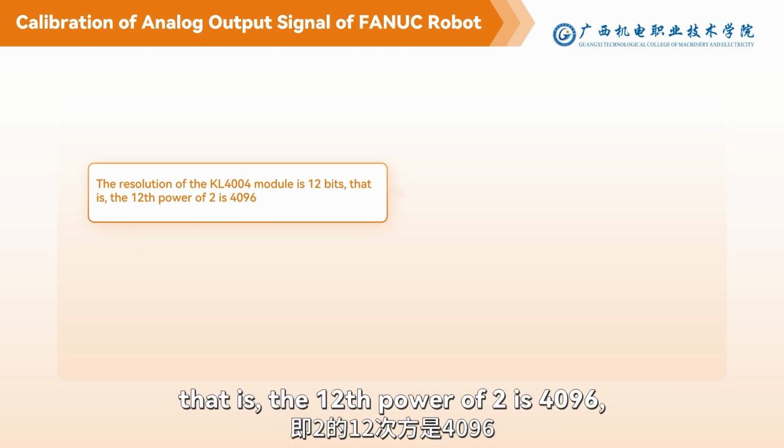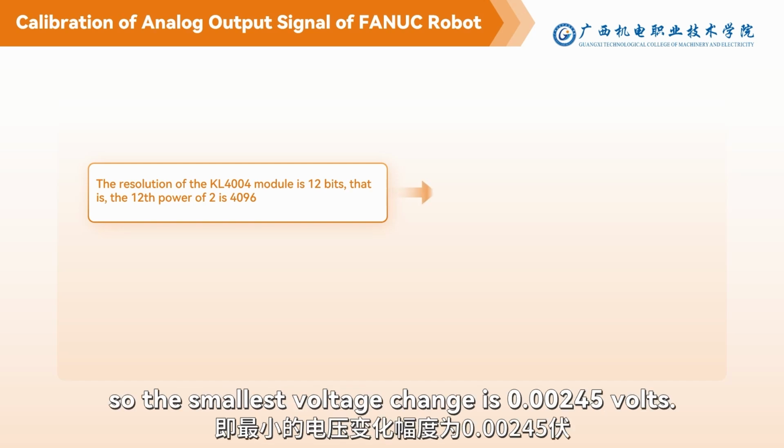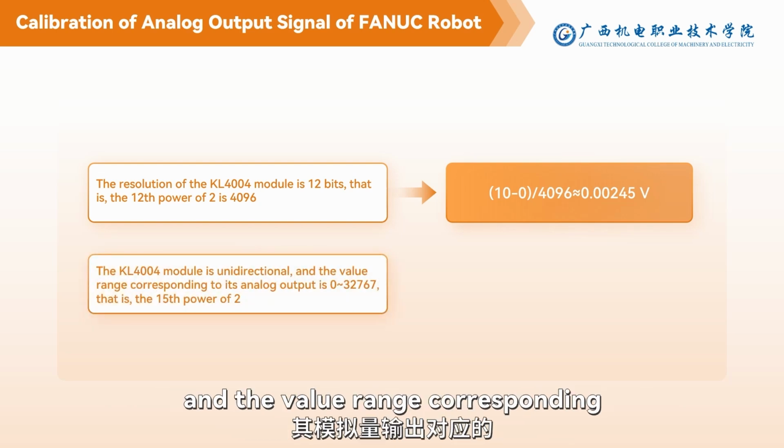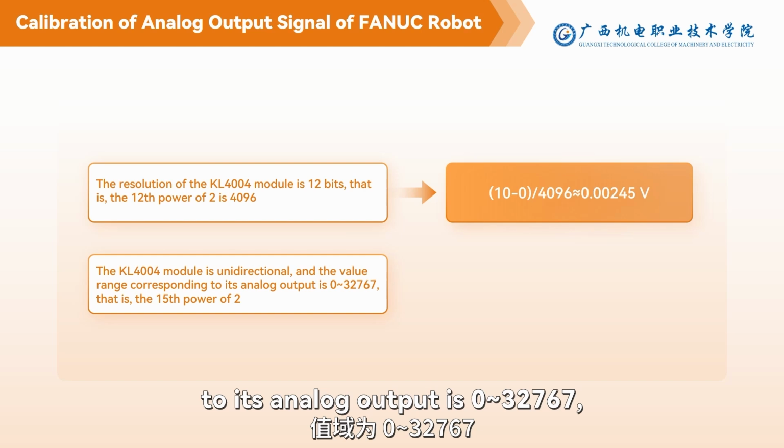That is, the 12th power of 2 is 4096, so the smallest voltage change is 0.00245 volts. The KL4004 module is unidirectional, and the value range corresponding to its analog output is 0 to